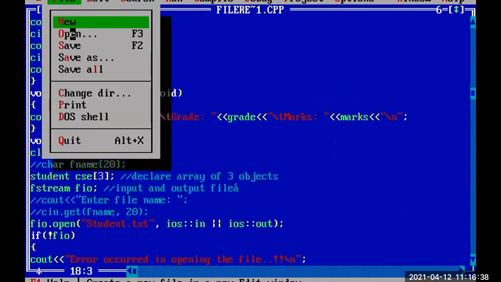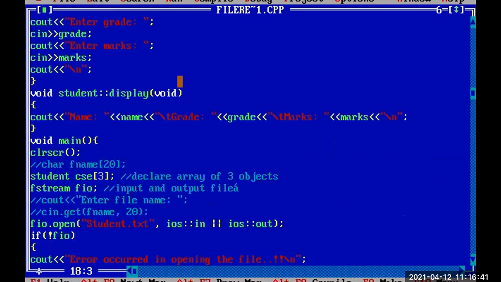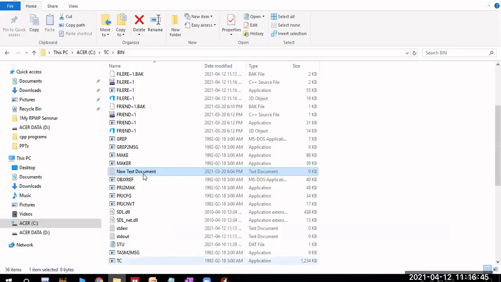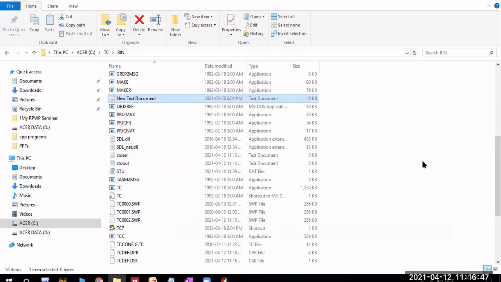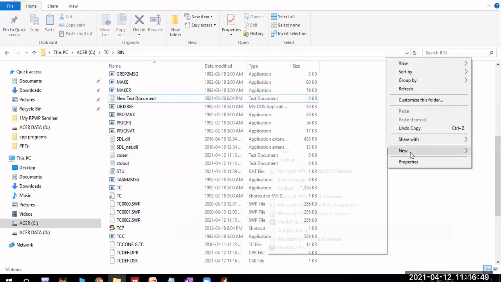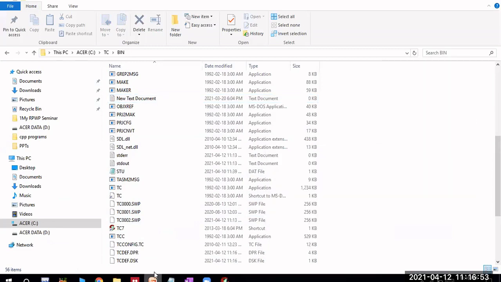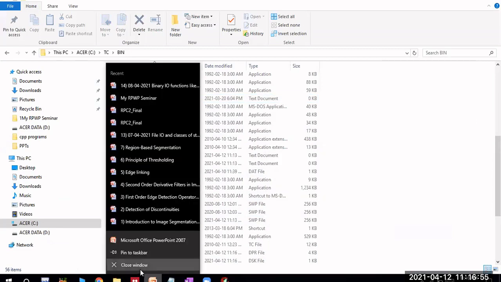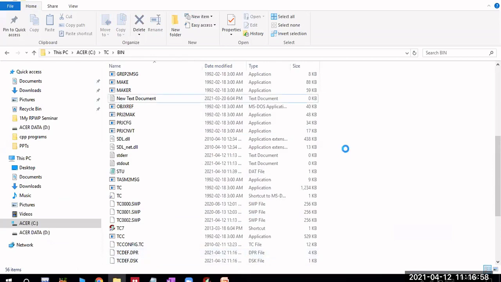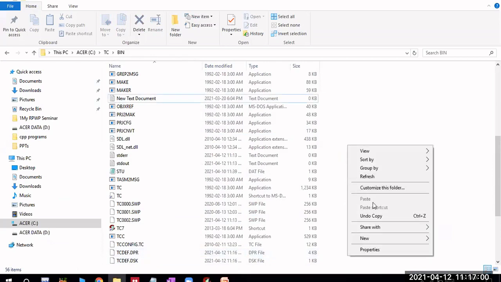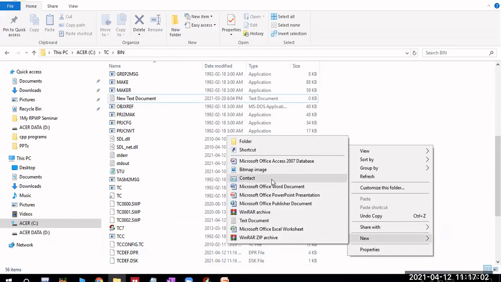So for this one I have to create this student.txt in this particular Turbo C, student.txt has to be created here. Sometimes it will be automatically created, but sometimes it won't be created. So that's why I will create this new file.